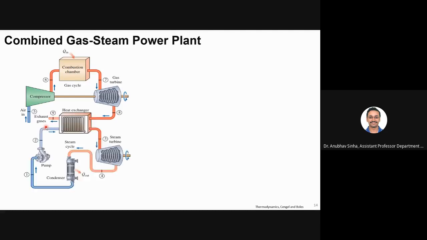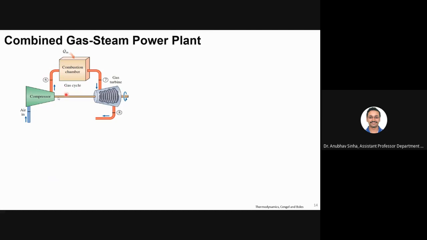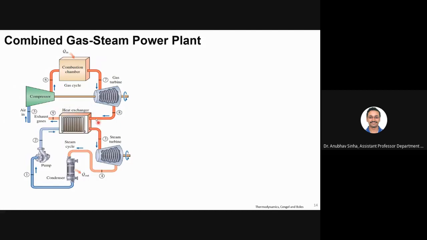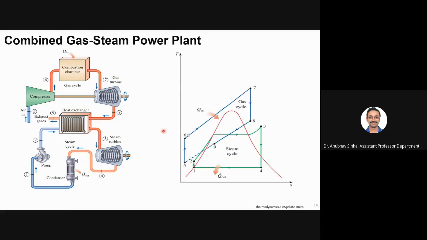Let us say we have a gas turbine cycle. We have a compressor, combustion, and a gas turbine. Now, if I combine it with a steam turbine, instead of having a boiler, I have a heat exchanger. In the gas turbine, the hot exhaust is at a very high temperature, so we can use that to boil the steam and have a combined cycle plant. This is how it will look. This is a gas cycle, and now we combine it with the steam cycle, replacing the boiler and doing the boiling using a heat exchanger.